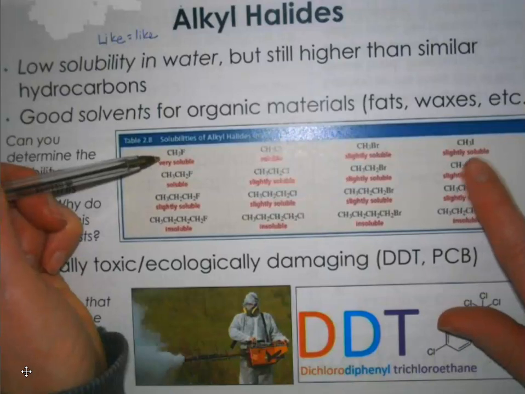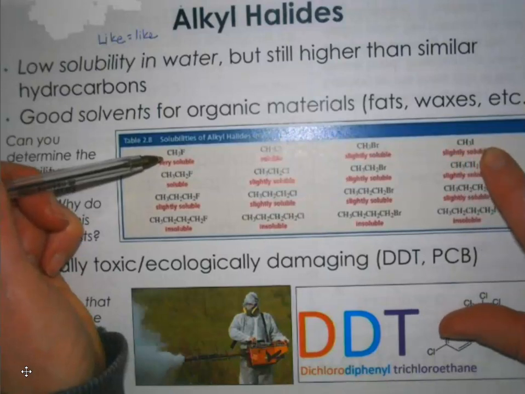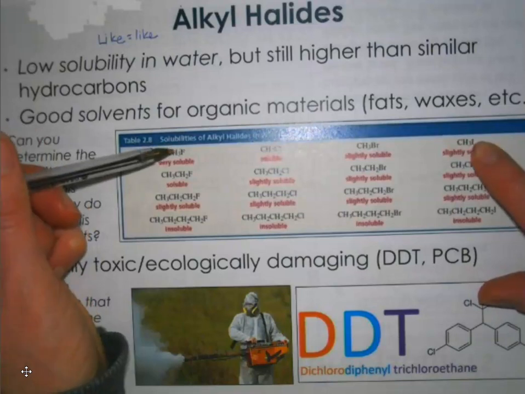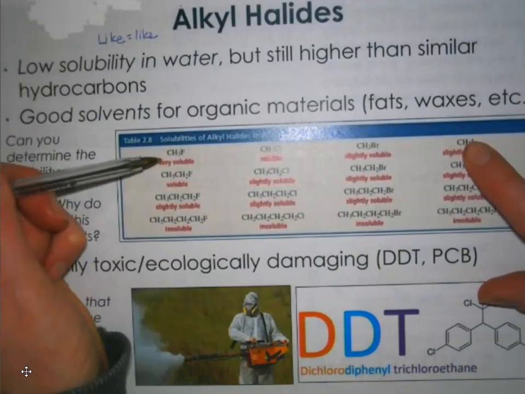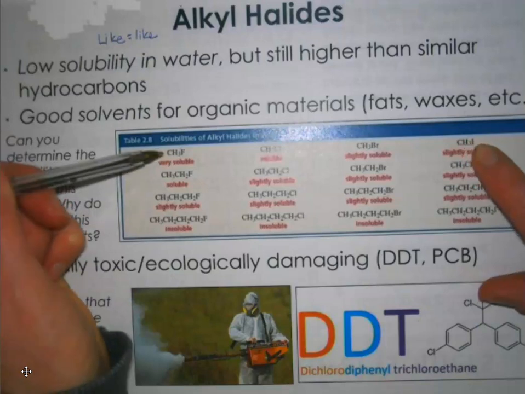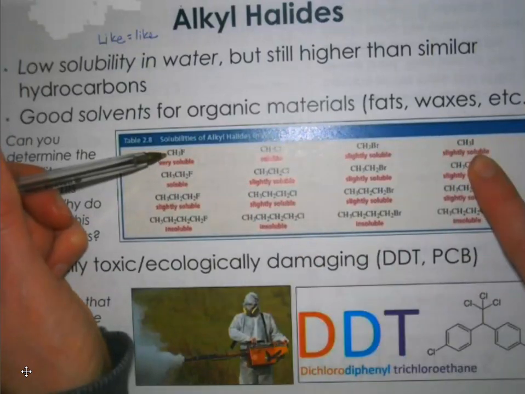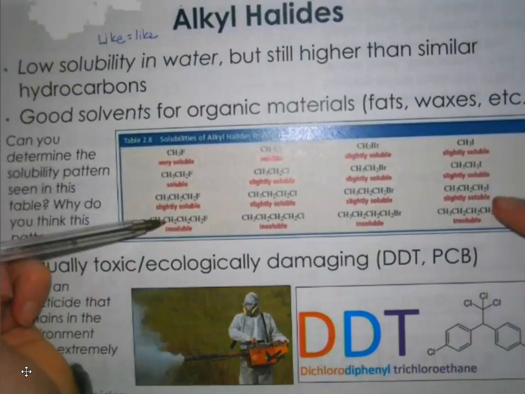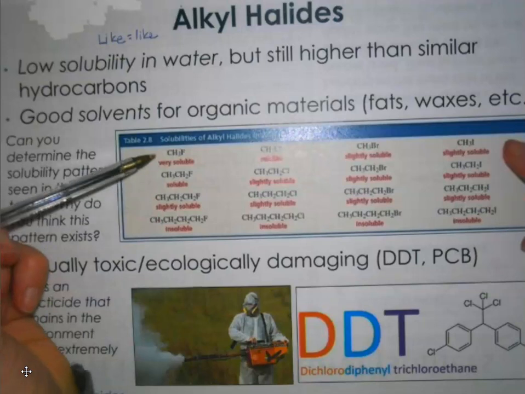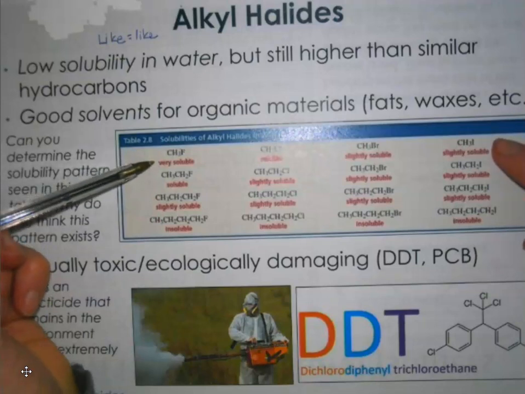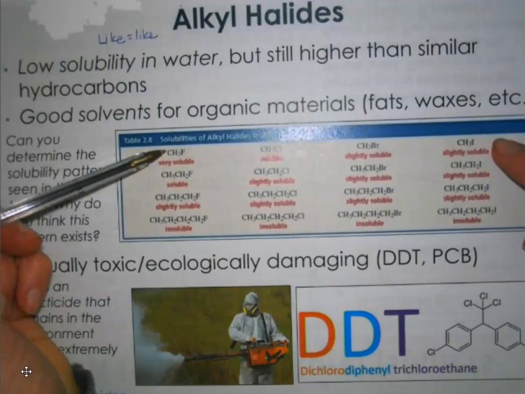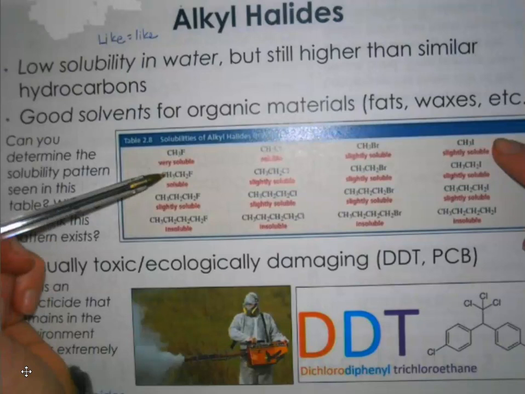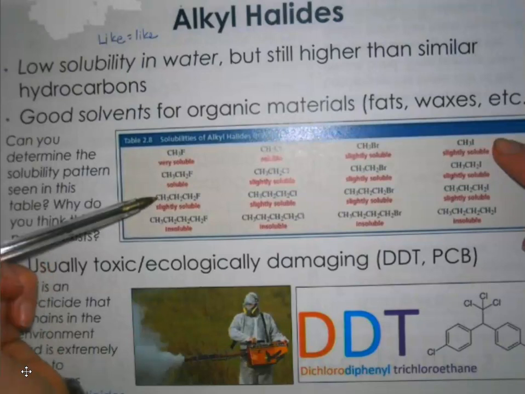Whereas with the CH3 with an iodine attached instead of the fluorine, we only see slight solubility, and that's because there's not a large difference between the iodine and the carbon in terms of electronegativity. So decreasing solubility as we see that change in electronegativity. What about what's happening as we go down the table for each of these? We can see that for all of them, the solubility decreases as you go down. So we start with just one carbon with the fluorine attached, and it's very soluble. Then we have 2 carbons, it's soluble, 3, it's slightly,